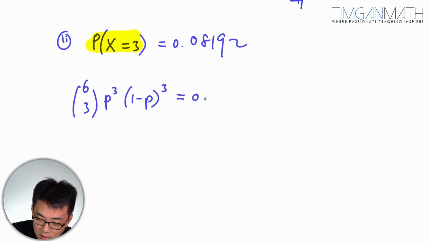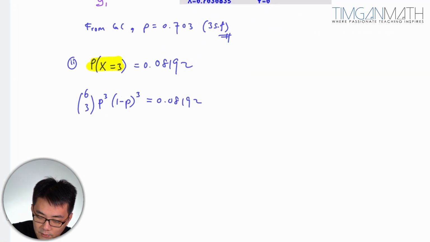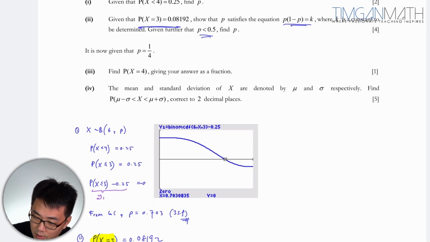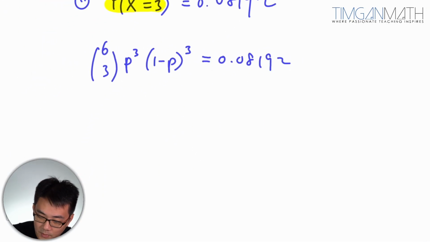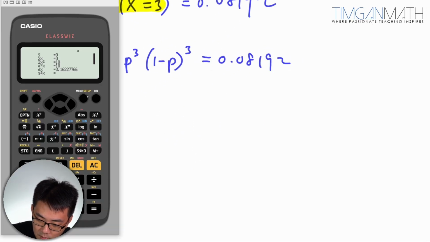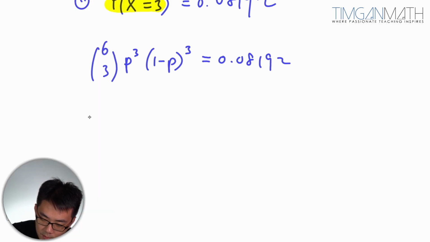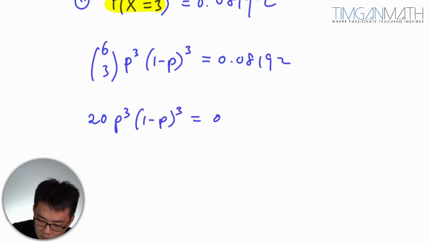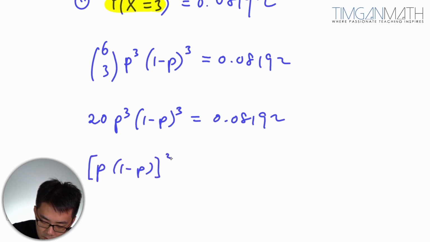So here will be 0.08192. 6 choose 3 would be 20. So 20 p cubed (1 minus p) cubed equals 0.08192. This is p(1 minus p) cubed